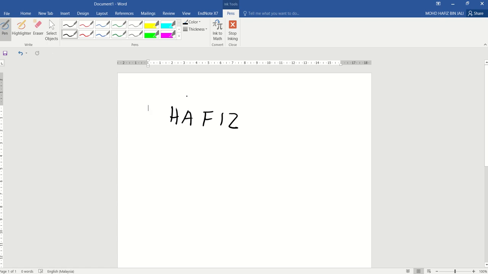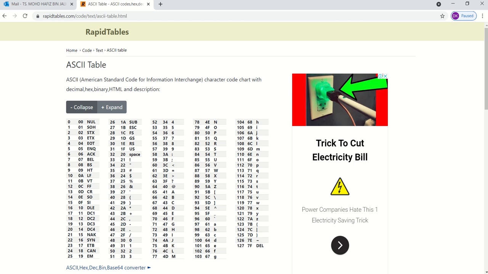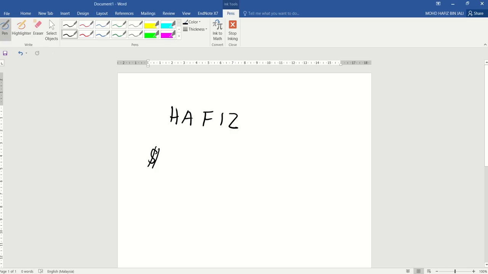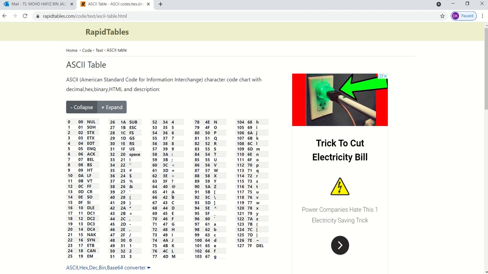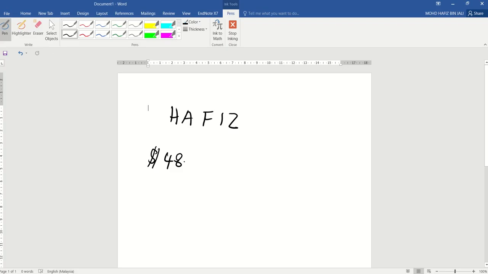Okay, this is ASCII format. You can convert into the hexa value. For example, H is what? H is 48. A is 41. F is 46. So 41, 46.